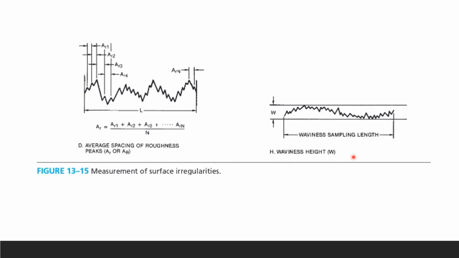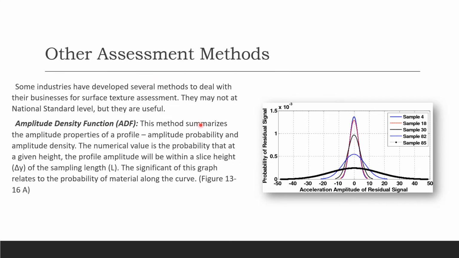The same thing, so waviness sampling length, same thing here. Okay, so that's another method. This one is not that popular, but some companies still use it. Other assessment methods: in some industries, they develop their own methods. They don't want to use the standard methods. So in America, we can find many of those kinds of industries. They make their own method, and then they make it work, even if it has a lot of flaws in it, and national standards will not recognize them,